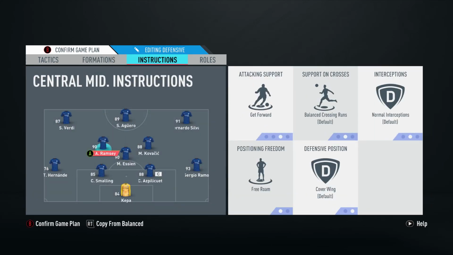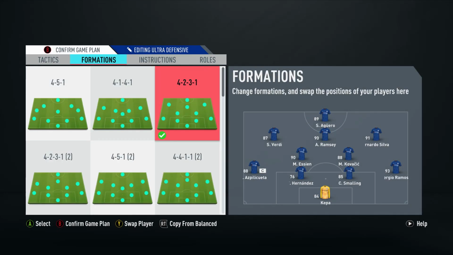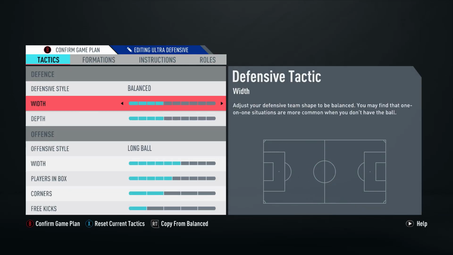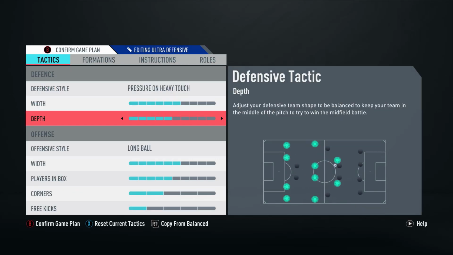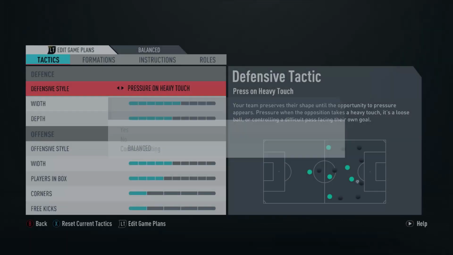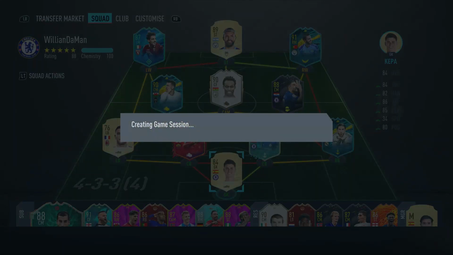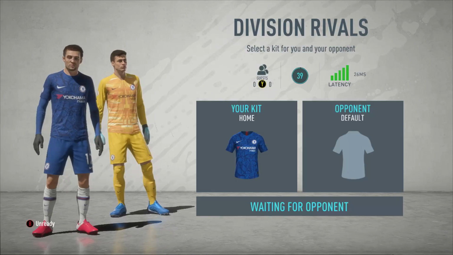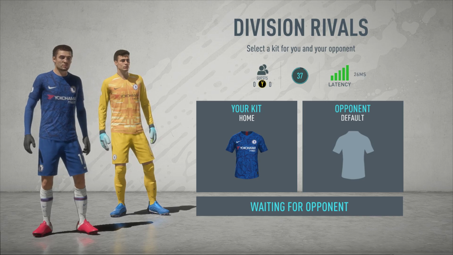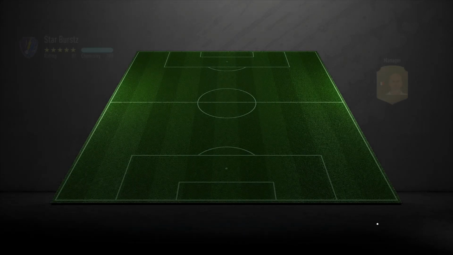Here you can see we're playing him as the left center mid in a 4-3-3-2, which is what I like playing. And then we switch him to a CAM in a 4-2-3-1, because you guys might want to see how he is at CAM, and this is a really popular formation. So we found our first game. I'm hoping that the team is kind of good,